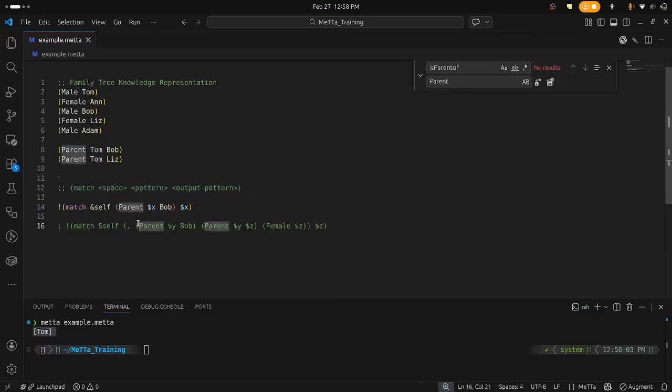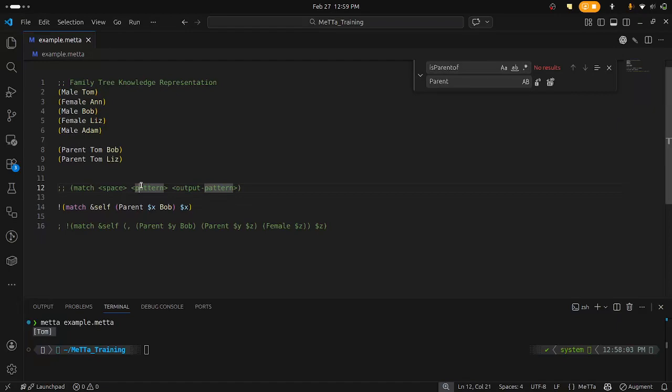So when it comes to defining match, we always have to follow such a rule, right? So we have said it accepts three arguments. The first one is the space. So here we are saying self. So self means we are looking in the current directory, or the current working file, or the current working space. So we are telling the match that it should look for such a pattern definition only in the current working space, not in other modules or other parts, right? We are going to see how we can access knowledge that we define in another module in the coming sessions. But for now, we are going to see how we can access facts or knowledge that we have represented